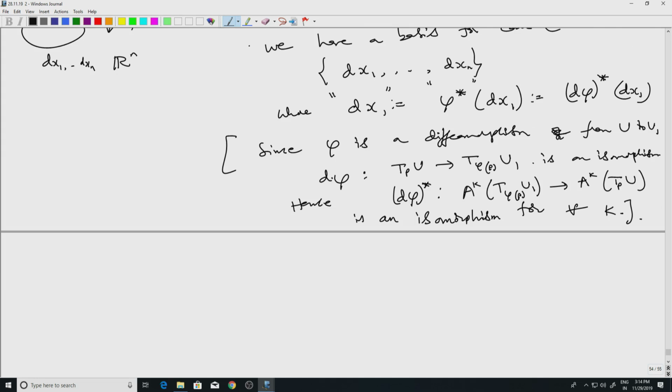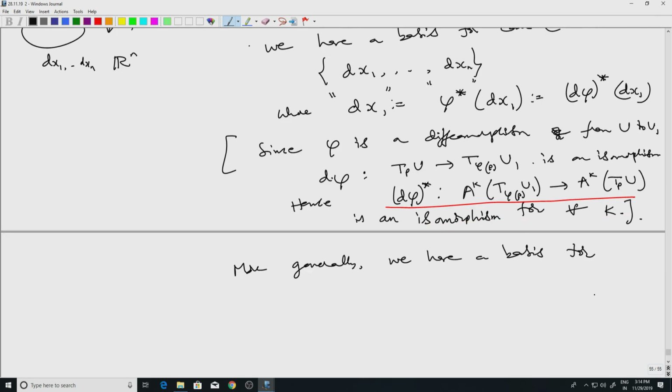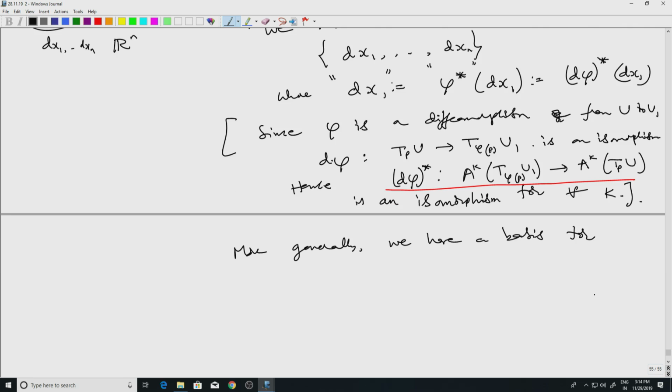And in fact, since this map here is an isomorphism, we can also conclude more generally, we have a basis for A^k T_p U,